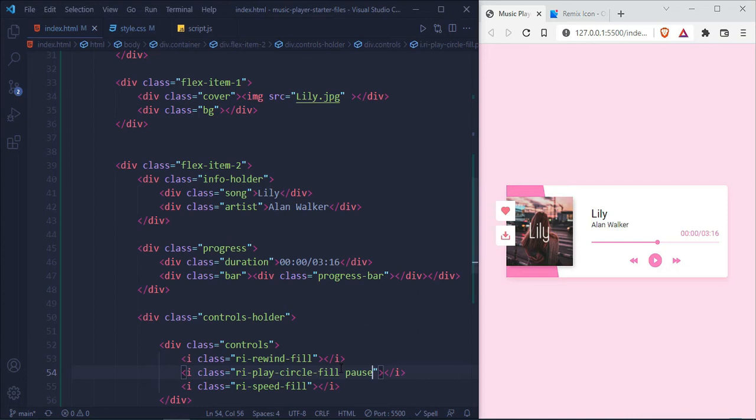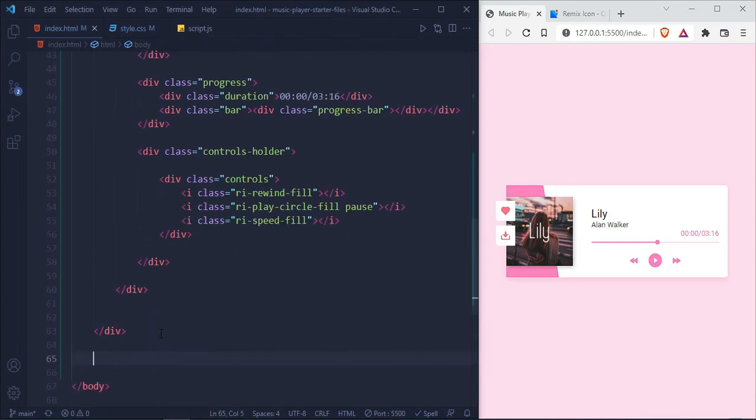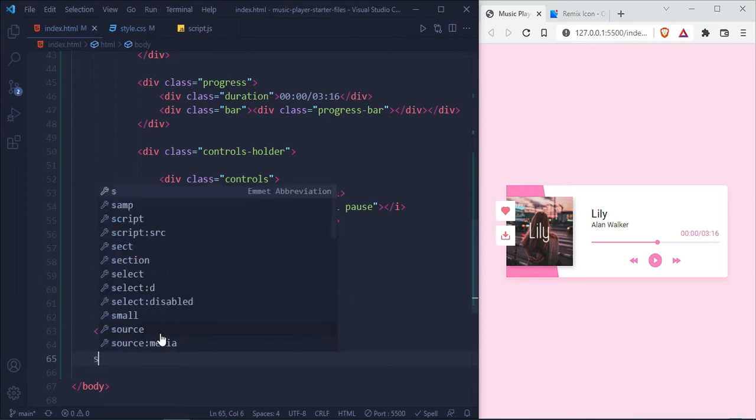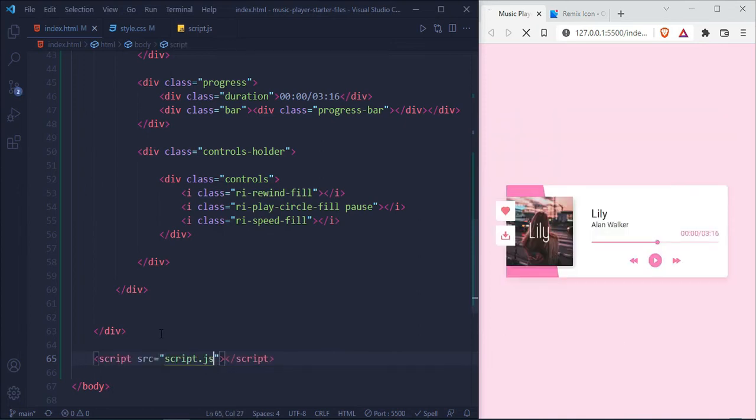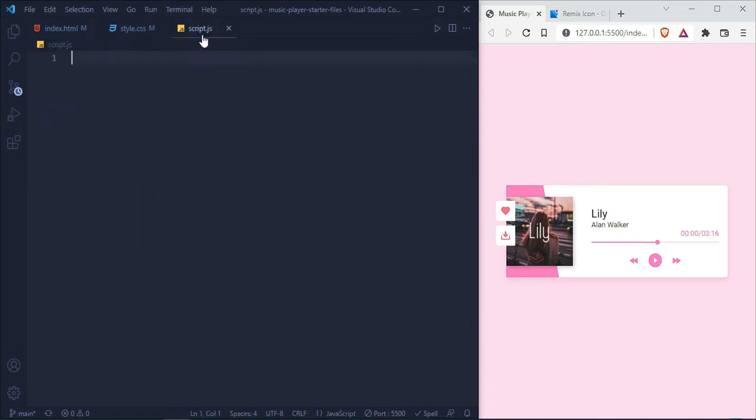Now we are going to play the songs with the help of JavaScript. So for that I am going to attach the JavaScript file just before the closing of the body. So we will write script src script.js. This is it. Now we will jump into the JavaScript, and first of all we will create an array of songs. So for that I will take const songs. This is an array of objects. This object will have name,